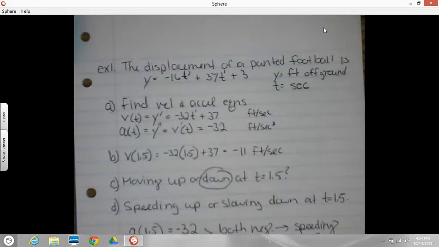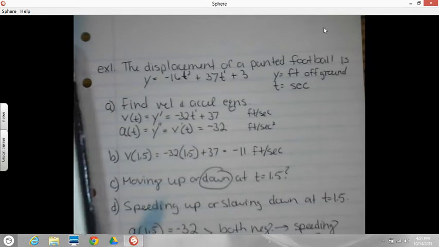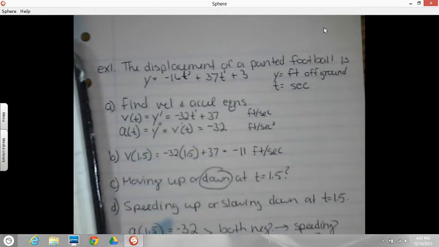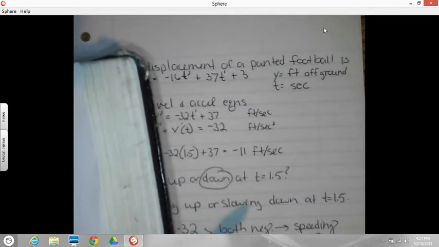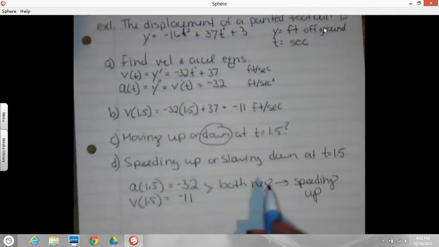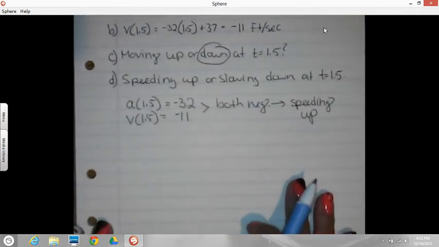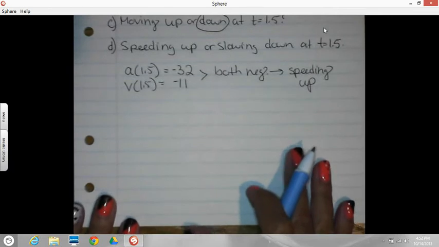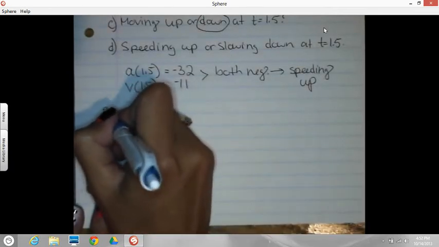Okay. Oh, I need the book. 102. Okay, we've got another displacement